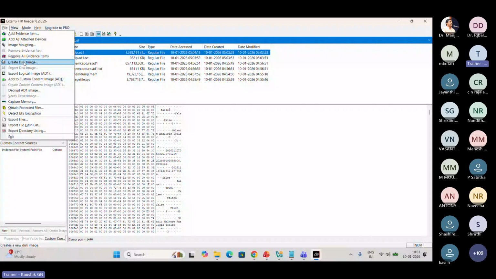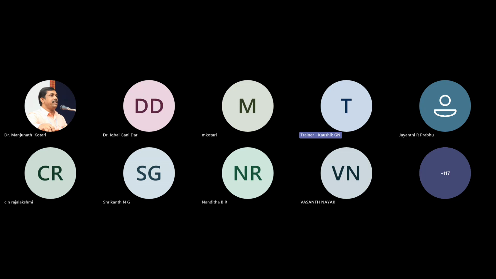Okay, till now, any doubt? Any questions regarding the live capture and analysis? Any doubt in Wireshark, or any doubt in FTK Imager?